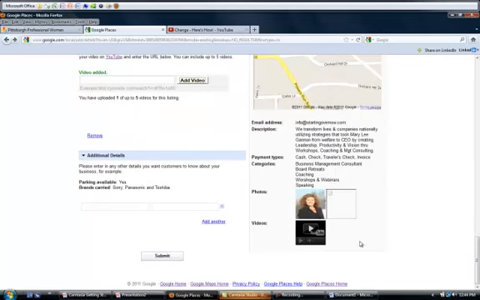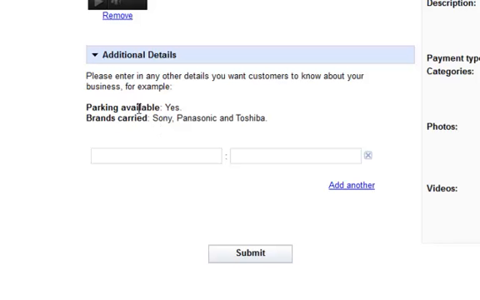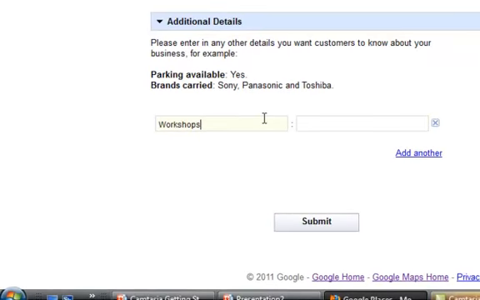The next thing that we're going to do is add some additional information. Now, you can have details like parking available, yes, brands carried, and for this particular business, we think it would be good to put in workshops that she created. So we're going to say workshop 1, because each label over here has to be different, so we just can't keep saying workshop, workshop, workshop. So we have to say workshop 1, and then we would put down the vision retreat, if I could spell here,